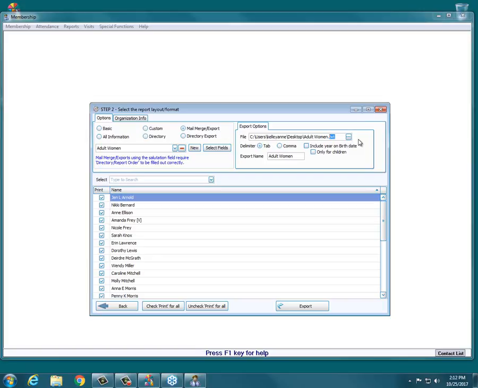In general, I typically do comma just because it's easier to read once it's actually out of the program, and most any other program that you're wanting to import it to that I've used accepts either, but I just find comma a little bit easier to read. So once you have your delimiter set, you can then click the